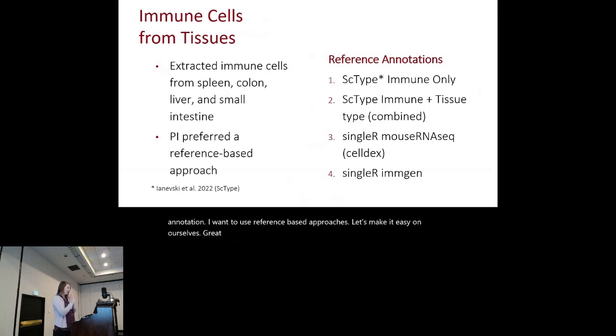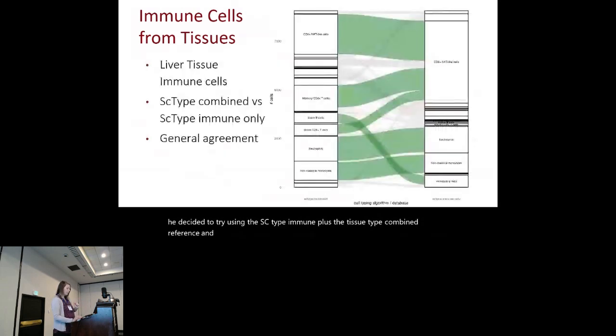Great, okay. So Jeremy ultimately ended up using 4 different reference annotations. They're listed out here, and I'll go through the details of them in a moment. The tools that he used were scType and SingleR. And he started with the scType immune-only reference, thinking that that would be the way to do this project. But found that there were some questionable annotations in that data set, and so he decided to try using the scType immune plus the tissue type combined reference. And so for the liver tissue,